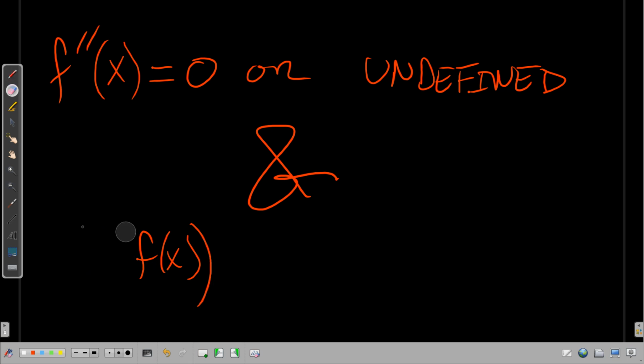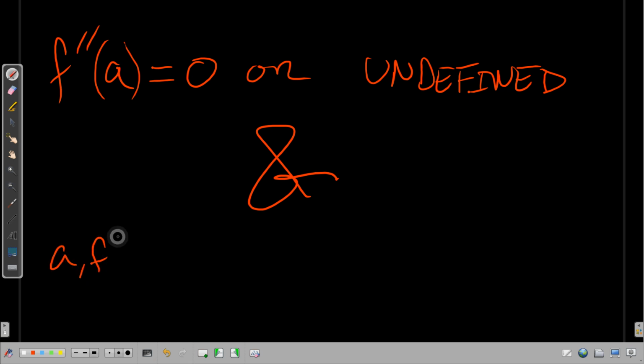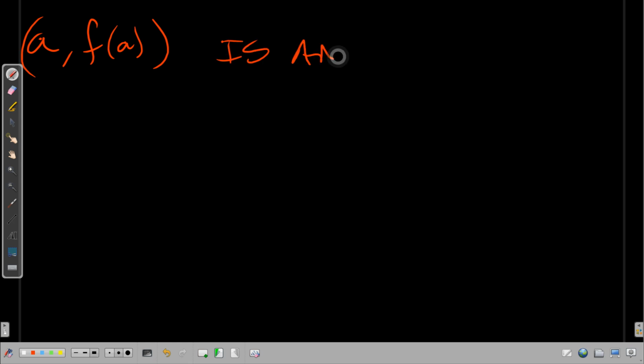In other words, instead of using x, we'll say at this particular point a, you would know that a comma f of a is an inflection point. I'm saying this all messed up. So let me start again here. The point a comma f of a is an inflection point